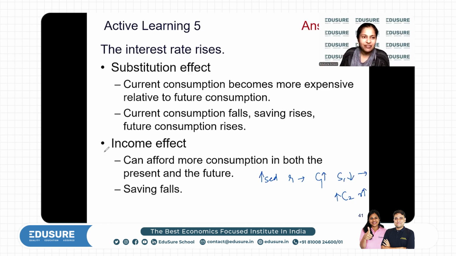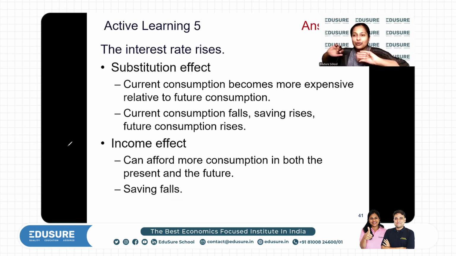Okay. And this income effect leads to a fall in current savings. So if you know that, oh, I'm going to earn 200 in the next period, then you want to try to increase your consumption in both the periods. You don't want to be a pauper in one period, right? So there are opposing effects. One effect is pushing you to save more. One effect is pushing you to save less. So who wins? Anybody can win.